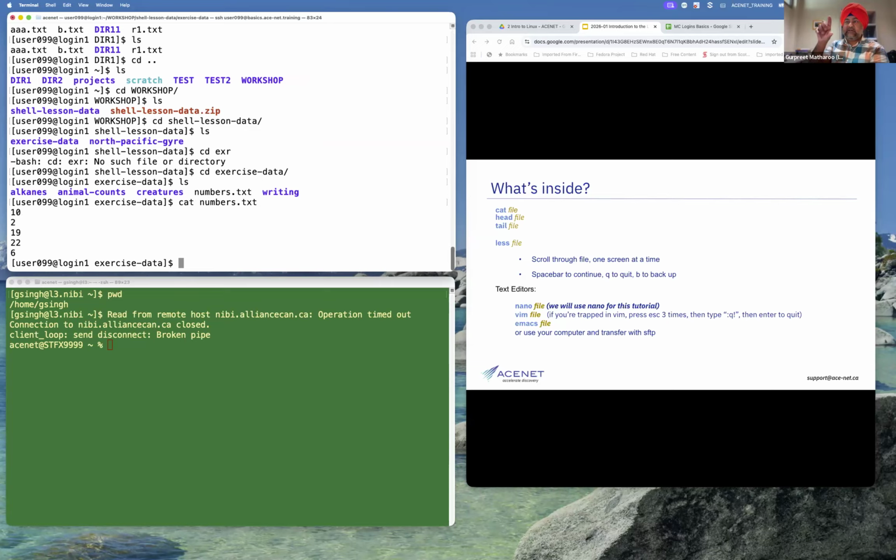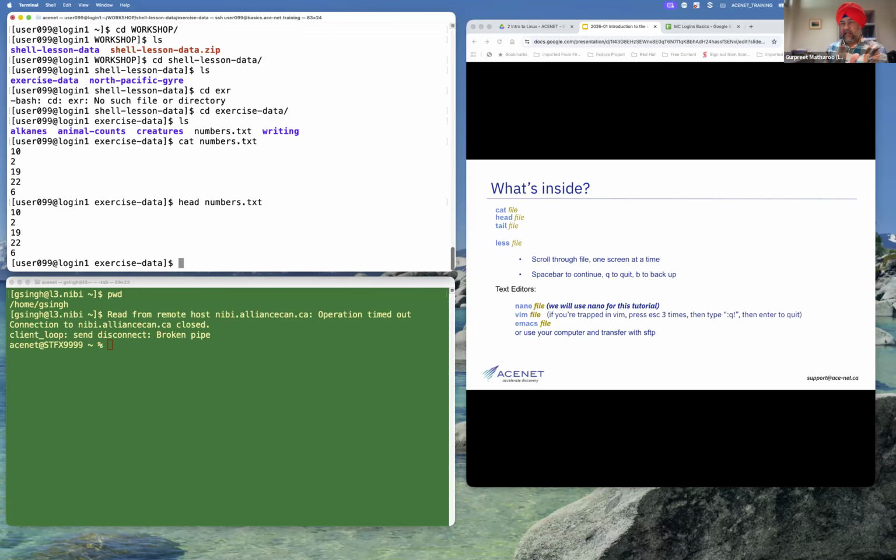If I press enter, it displays the contents of that file. Head will display the first 6 lines specifically, but this file actually has only 5 lines, so everything is being displayed. And then tail. Cat stands for concatenation, not the pet cat. It comes from concatenation. Why? I have no idea, because it makes no sense. Head and tail make sense.